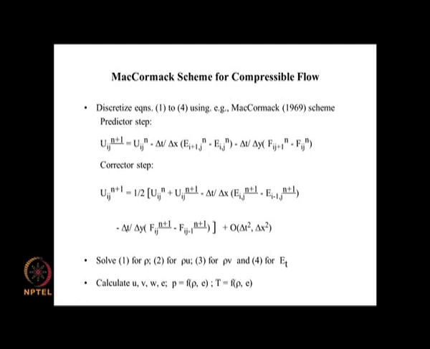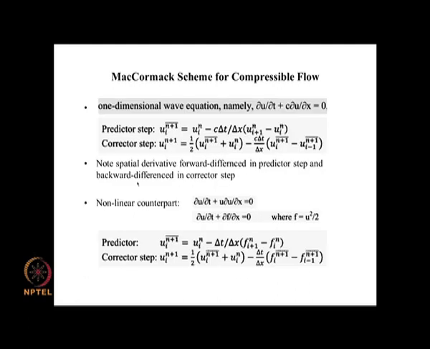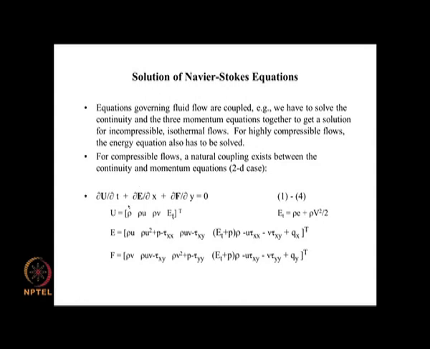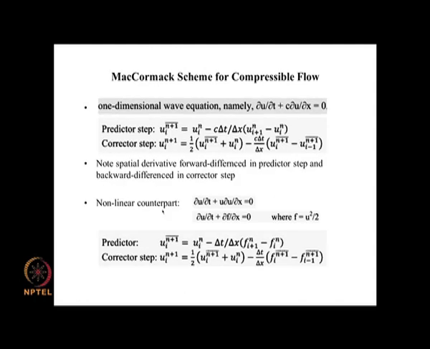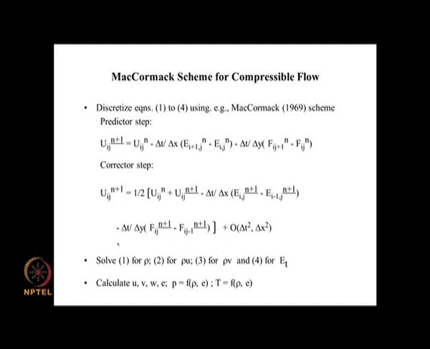How we actually do this, given that u, E, F are vectors, is that in each case for each equation we know what the terms are that are appearing here, u, E and F. So, we first solve equation 1 here, the continuity equation. That gives us dou rho by dou t plus dou by dou x of rho u plus dou by dou y of rho v equal to 0. So, that equation is solved for rho.